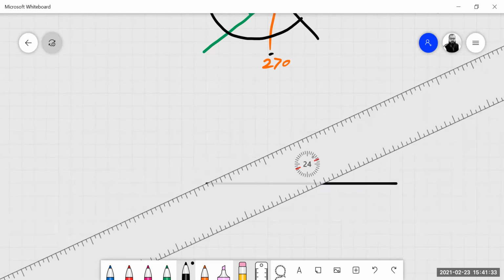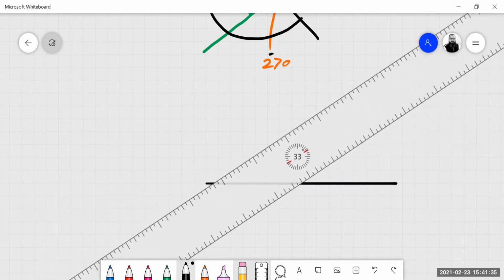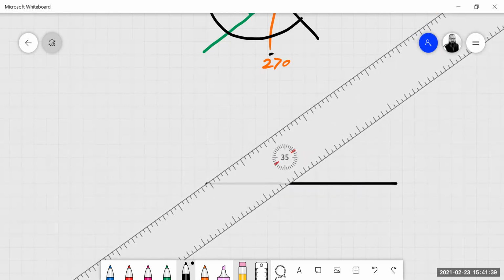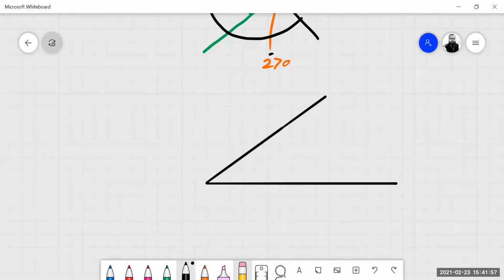Okay, if I want to draw the angle here, this angle is what? Right angle? Not a right angle. It is less than. I don't understand, mister. I mean acute. It's an acute angle. Yes, this is acute. This is 35 degrees.